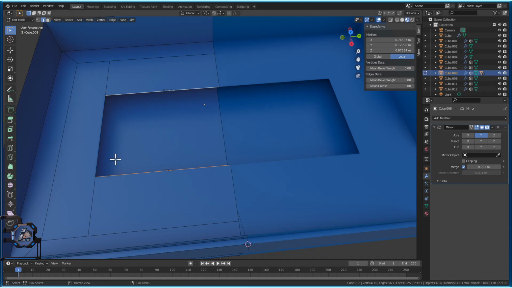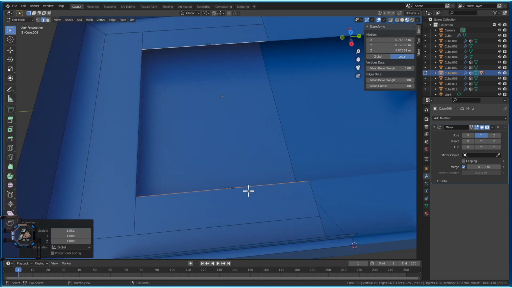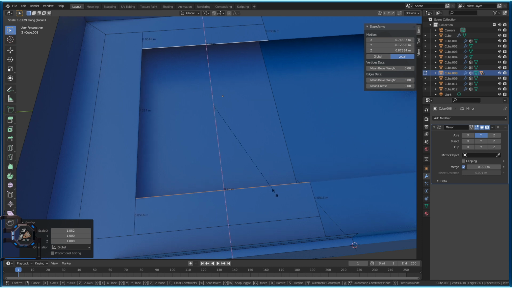Okay. And this one has to be 5.2. I feel like I'm screwing up something, but I believe I'm on the right track, so I'm gonna just,